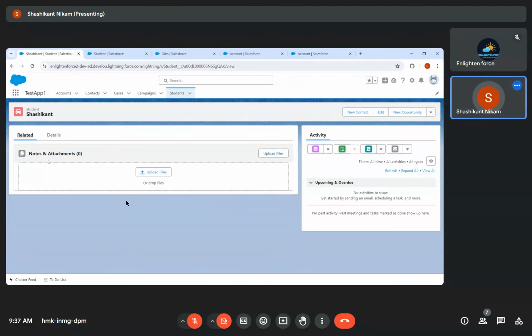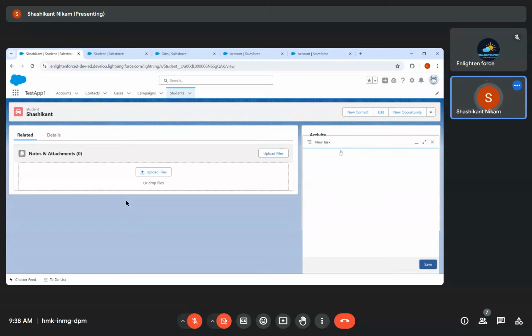Then the related lists, right? So we chose an option to take notes and attachments as a related list by default when creating an object. So that is appearing. Then we chose an option activity history, right? So once you click on it, it shows this activity tab where you can view calendar, you can create a new task for that record. So this task one, for example,